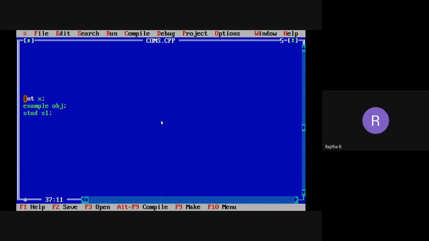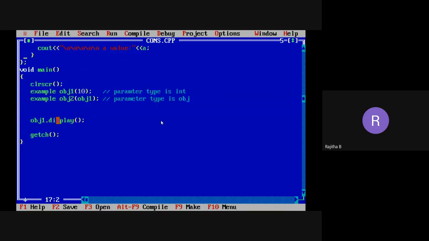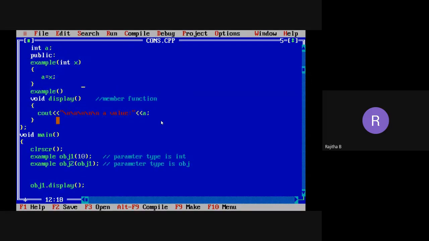Now we'll go to the programming part. I'm passing the parameter here, obj2 of obj1. Here I'm passing the object. So in that case, what is the parameter type? Class name. What is the class name?